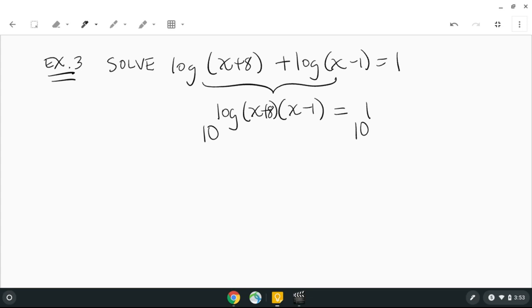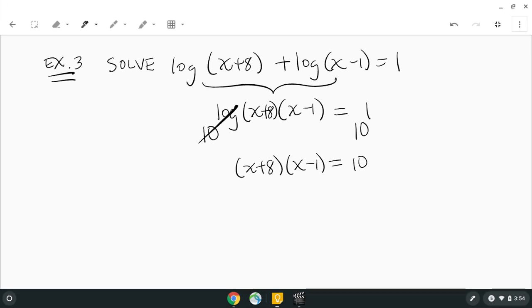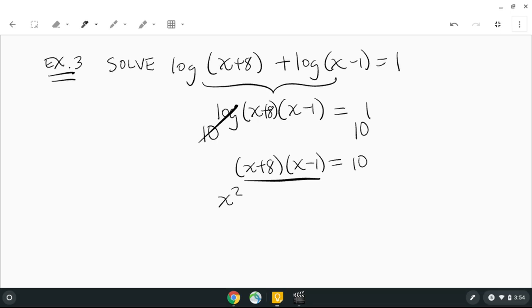And so it's like these cancel out, and I'm left with x plus 8 times x minus 1 equals 10. So this is a quadratic because if I multiply this side out, it'll be a quadratic. So let's go ahead and do that. X squared. Maybe you know how to do this quickly. It's going to be 8x minus 1x, so that's plus 7x and then minus 8